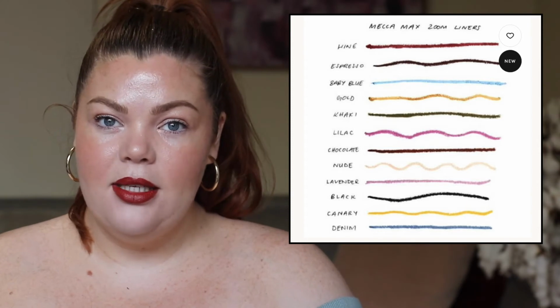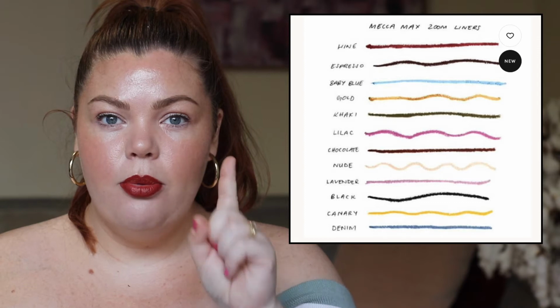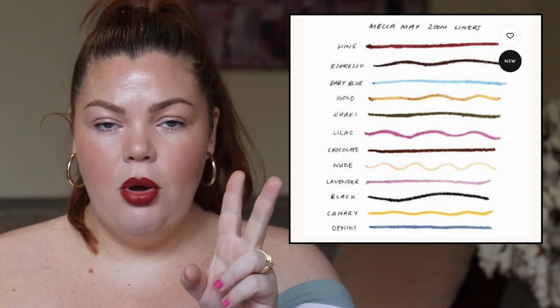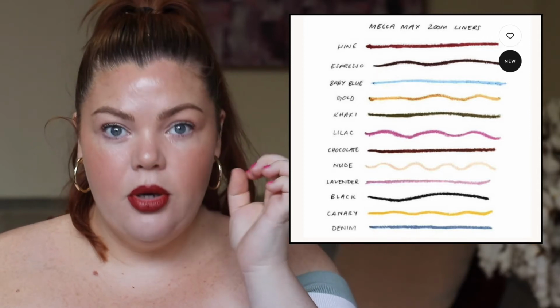and I think I'm going to pick a couple of these up. I'm thinking either the pastel purple or pastel blue. I can't decide between the two of them. I don't need both. And I'm definitely going to get the nude shade for my waterline because I had a